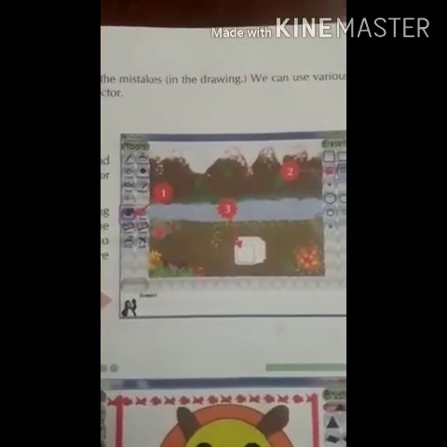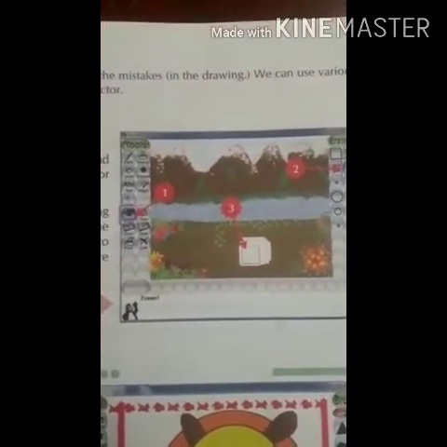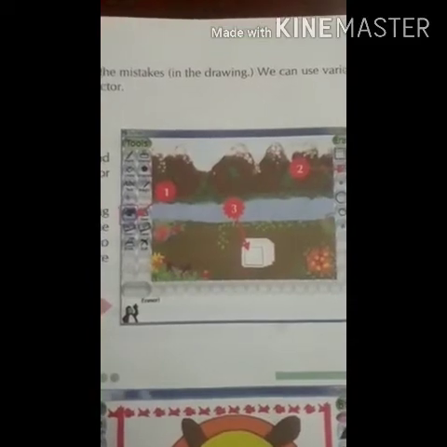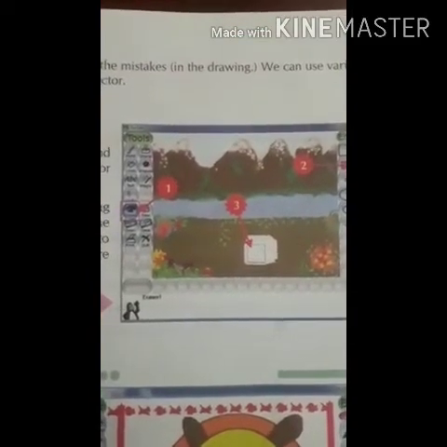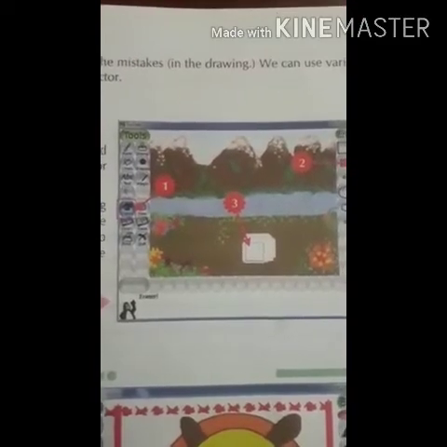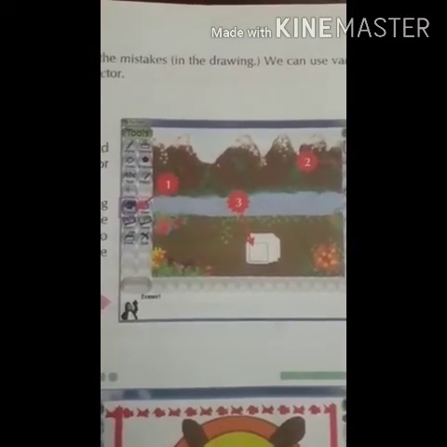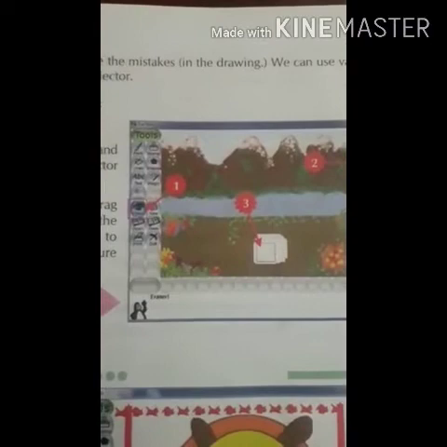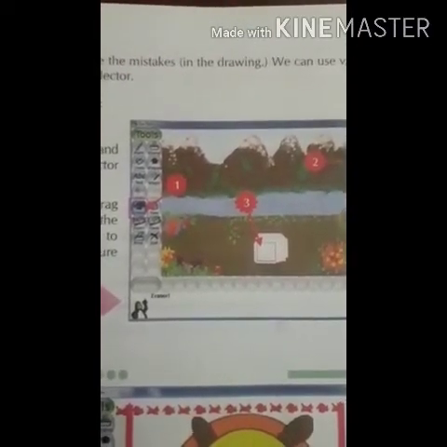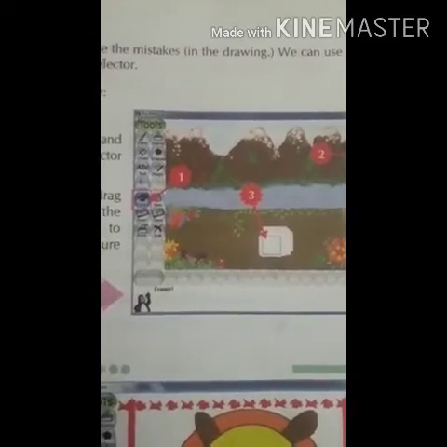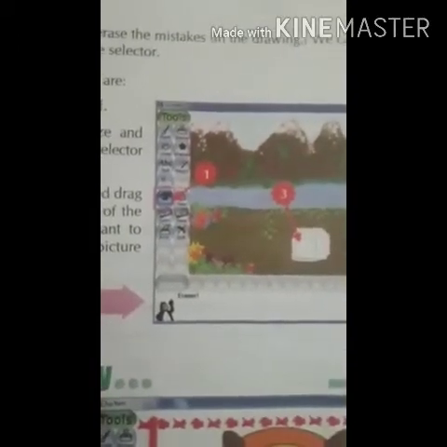Students, you know eraser, pencil eraser. Always you are having an eraser in your compass box. In the computer also an eraser is there. If at the time of making a drawing you have made any mistake, you can erase it with the help of the eraser. For that purpose, first of all, how to erase the drawing? You have to select the erase tool. See, number one, it is pointing towards the erase tool.